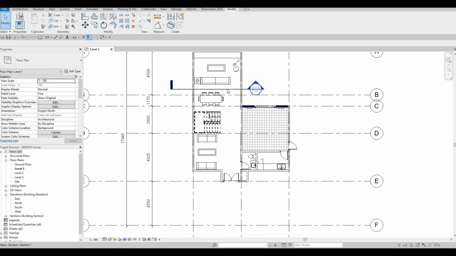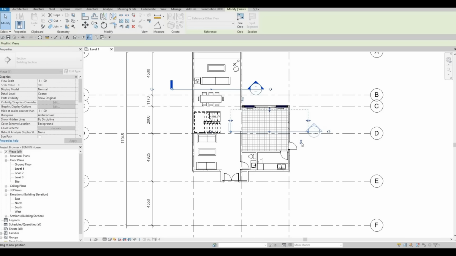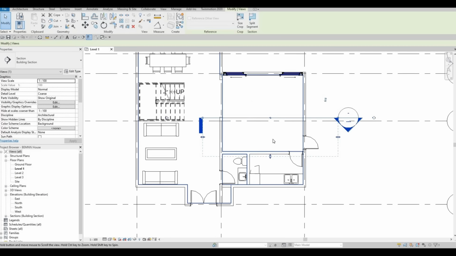So here we still have our section. If you want to add the section, you could click this icon and then you'll be able to add a section. Now I'm gonna put this section right about here, and then I'm going to flip it so that the view depth is showing on this side. After that,